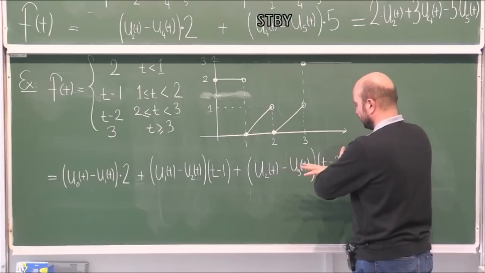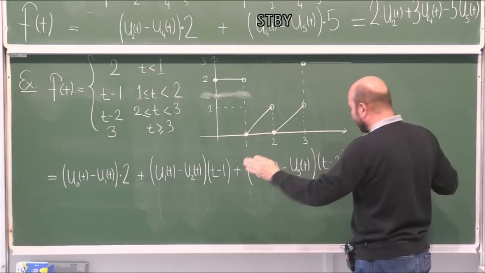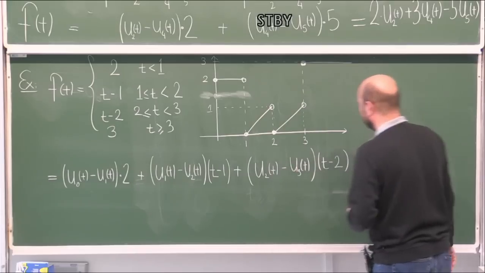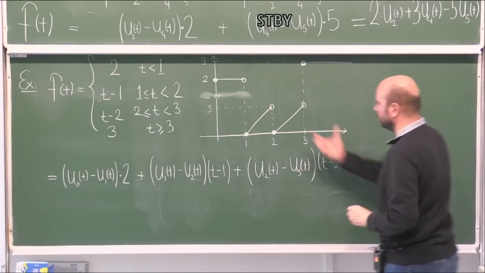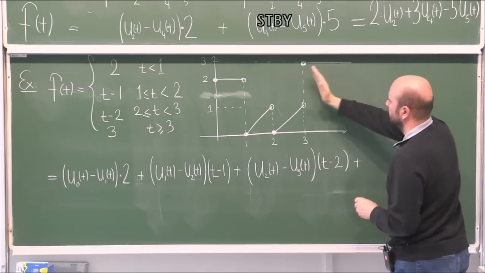It is 1 there, 1 times t minus 2 is t minus 2. The rest, this function gives you 0. Whatever this is, you get 0. So basically we wrote this part. And then after this, it's just